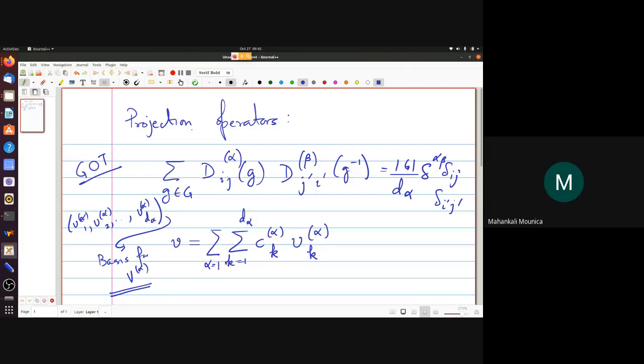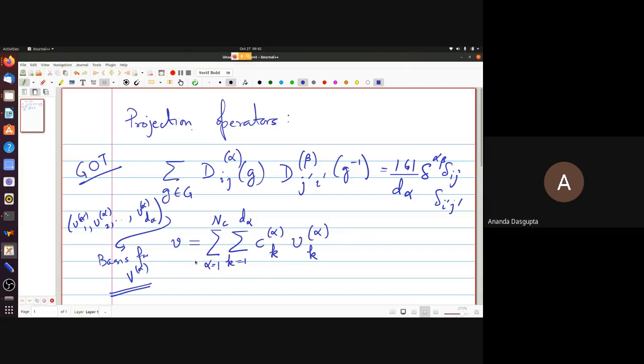So what space is capital V alpha, to understand? Capital V alpha is essentially the subspace of the whole space which carries the alpha-th irrep. Remember, in your reducible representation, there are invariant subspaces. Each invariant subspace carries an irrep. So V alpha is the alpha-th invariant subspace, which has a basis of its own. And the basis of the full space is made up essentially by taking all these basis vectors. So that's all you're really saying here,